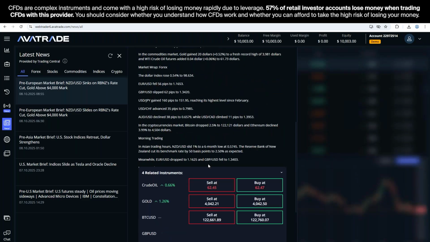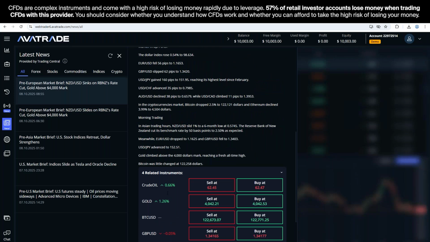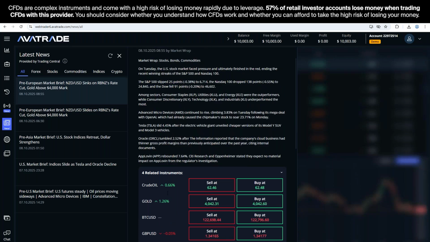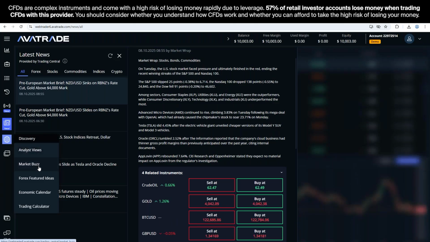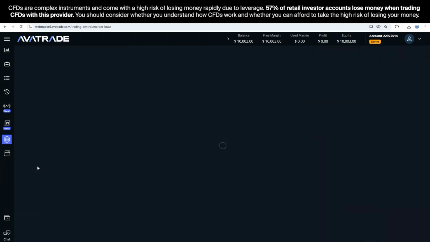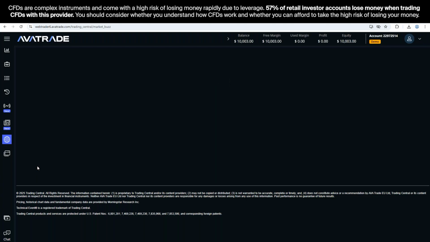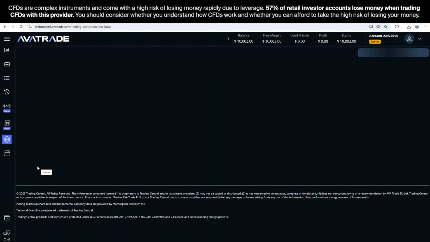Underneath, under 4 related instruments, we clearly see crude oil, gold, Bitcoin, and pound. So we understand that this article somehow is related to those things. After reading it, we can go to the market and do our analysis. Next is under this globe icon, which is discovery. And under discovery, let's look at the market buzz. We can find even more specific news about